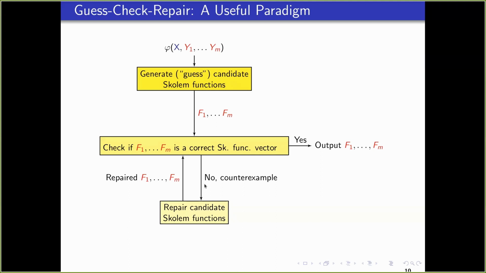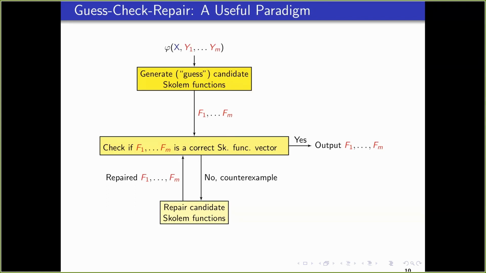But we can also give some progress guarantees that every time we go around this loop, we come at least one step closer to a correct Skolem function for at least one of these functions. So eventually this whole thing must stop and we will get the right Skolem functions. Theoretically, this iteration can go on for a very long time, but our experiments show that this convergence happens pretty fast for most examples.